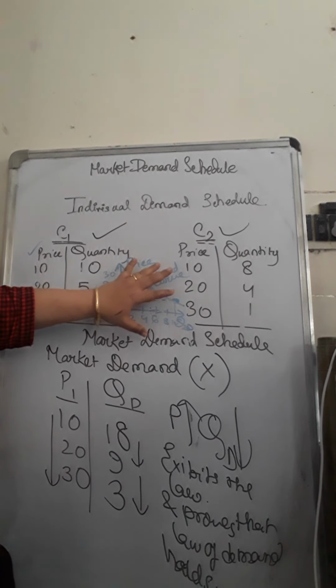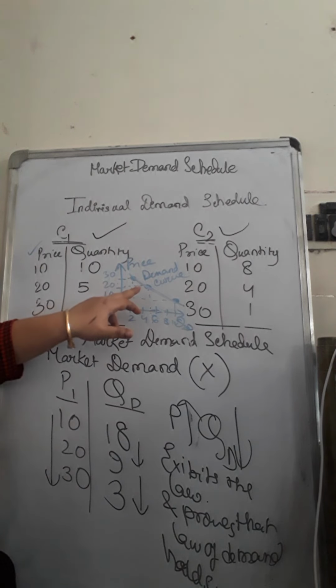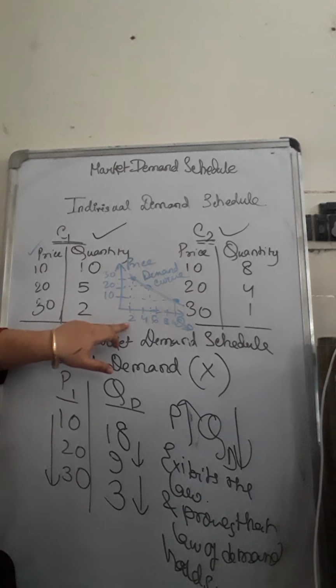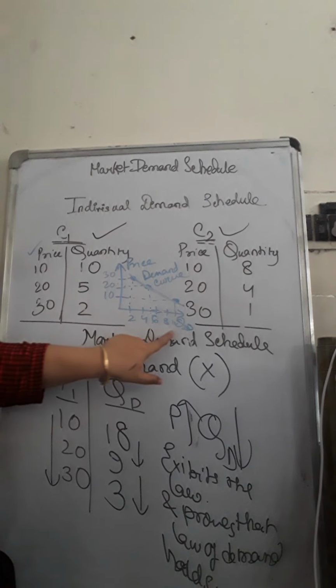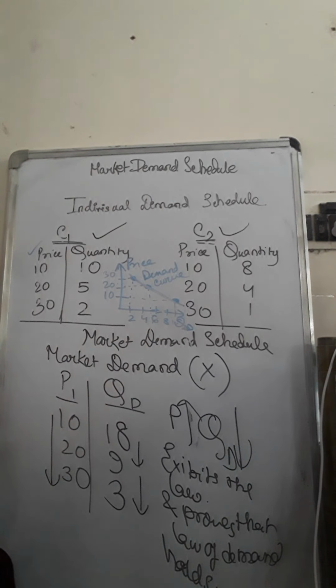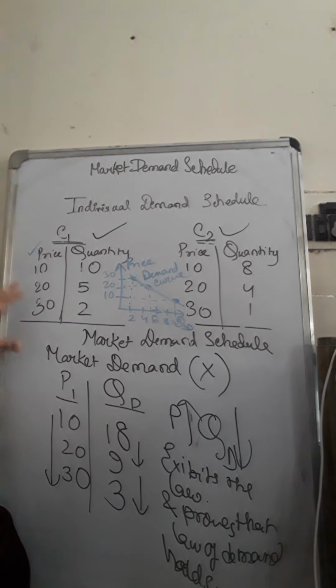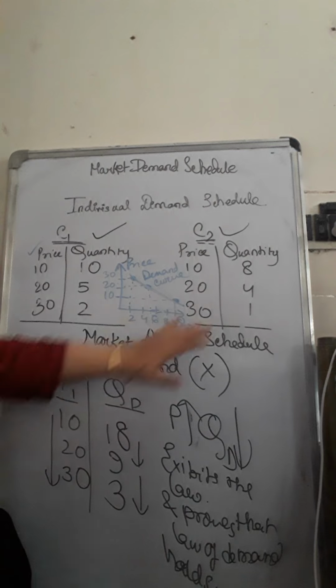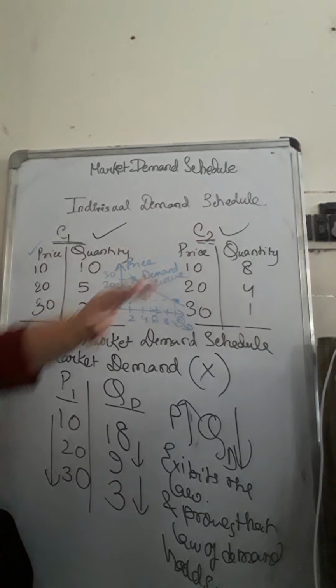The graphical representation of the law of demand also proves the law. When the price is highest, less quantity is demanded. At any point over here, where the price is less on the vertical axis, horizontally you see the quantity demanded is more. So the demand curve is the graphical representation, which you get from the demand schedule, and that also proves the law of demand. Similarly, for this individual consumer I have drawn, you can draw for consumer 2 by plotting the price and quantity, and you will get the individual demand curve for consumer 2.